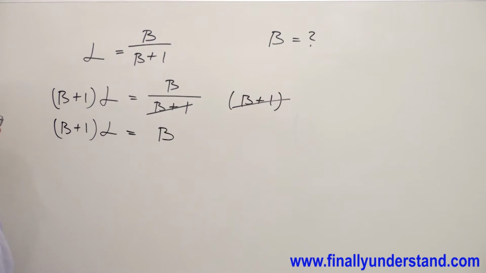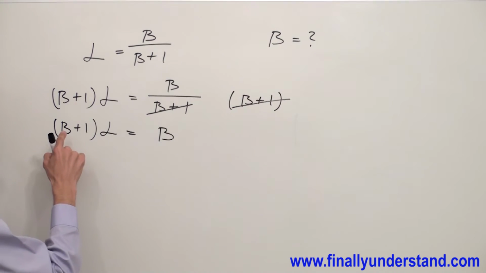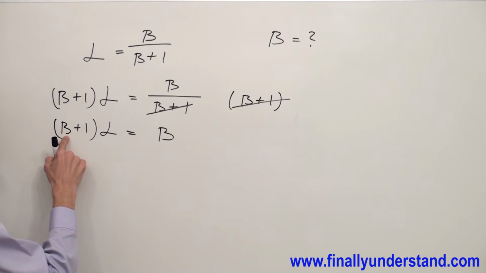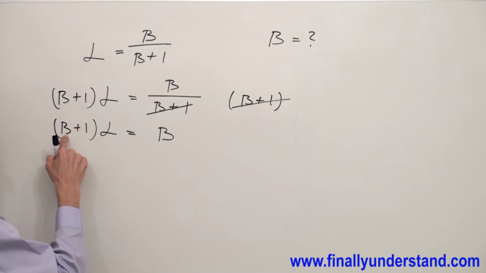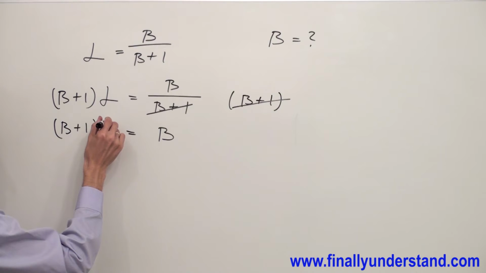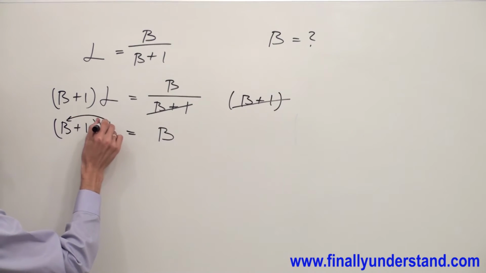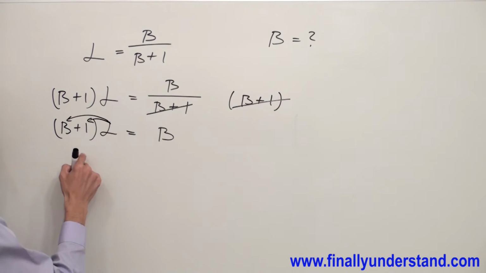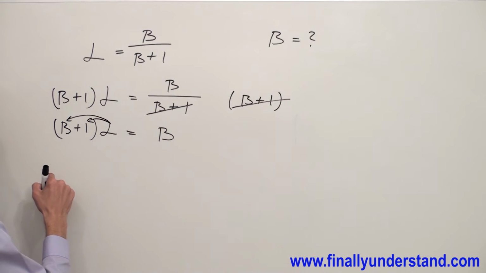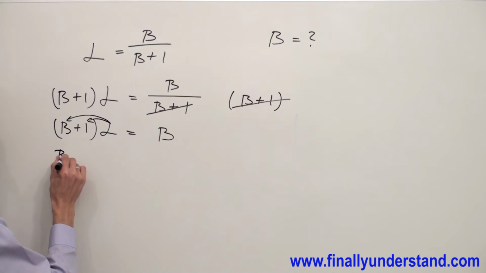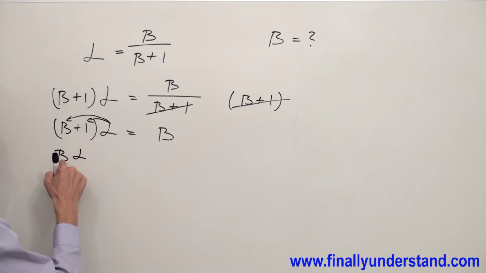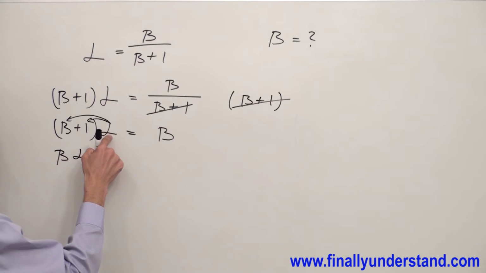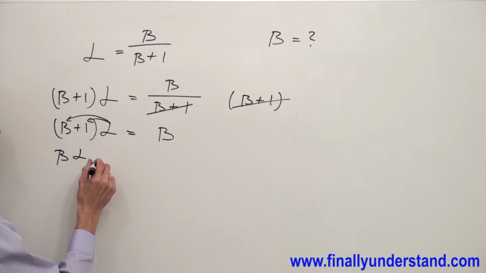Now I have beta on the left side of the equal sign and on the right side, but one of them is inside of the parentheses. In order to pull out beta from the parentheses, I have to distribute this alpha into the parentheses. Why? Because I want to eliminate the parentheses. Beta times alpha. Okay? Alpha times beta is beta times alpha. That's the same thing. Alpha times 1 is just alpha